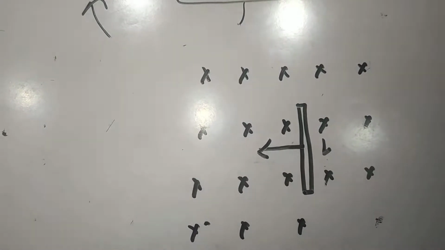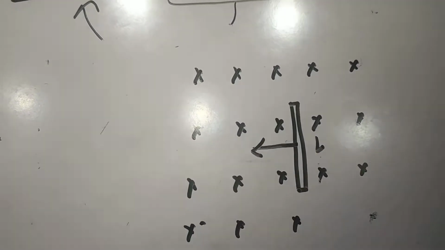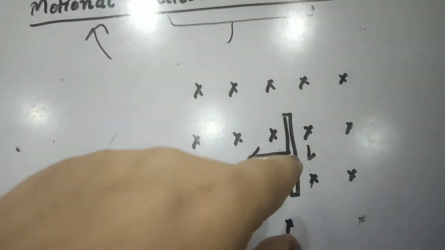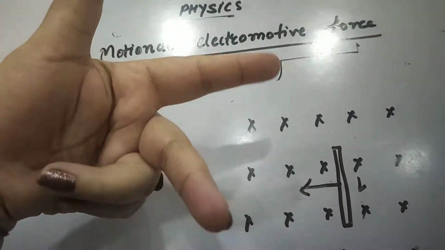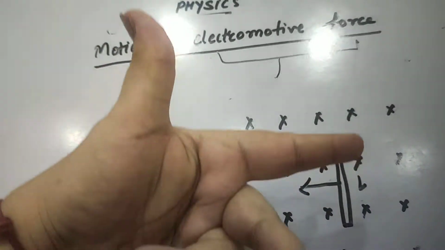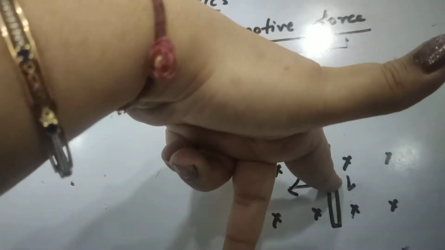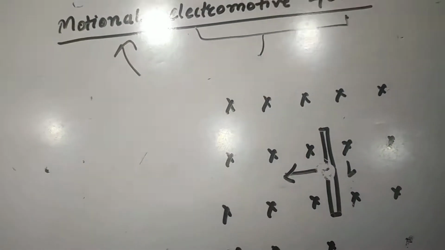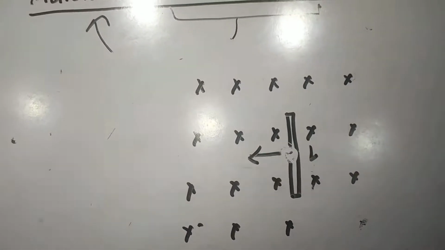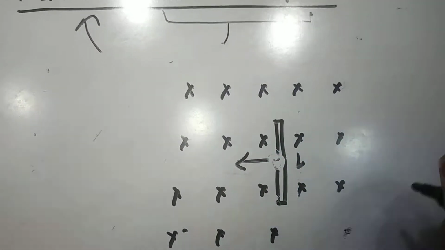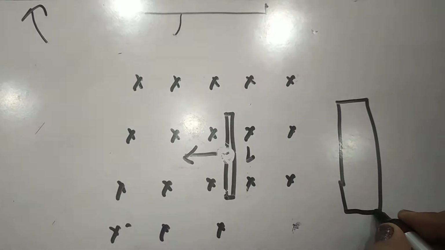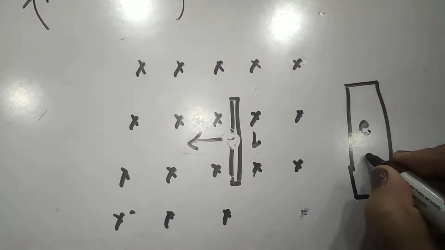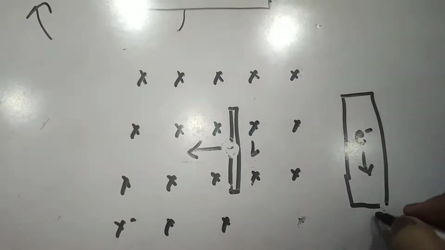Since the conductor of length L is moving in this direction, accordingly if we apply Fleming's left hand rule, the conductor is this, the magnetic field is downward. The left hand rule says that this is representing B, this is V, so this is the force on the charge. So magnetic force will act on this and tend the electron to move downward. If I draw it more clearly, let us consider this is a conducting rod. The electron will get a magnetic force and start moving toward the bottom.